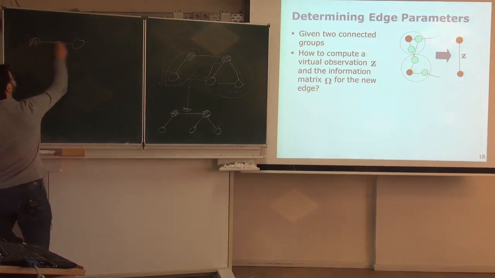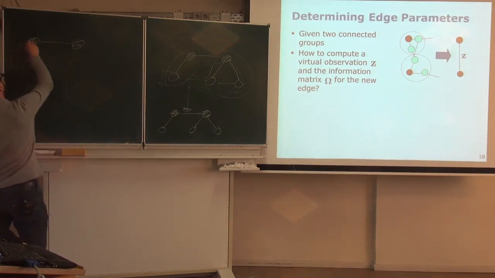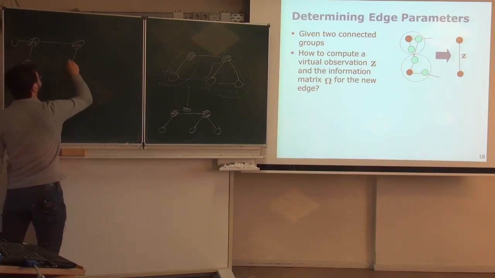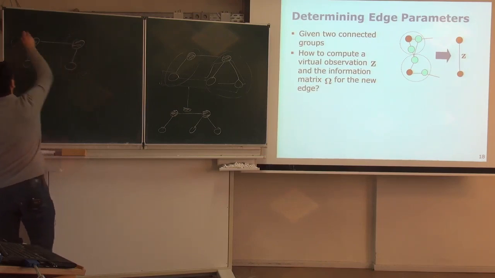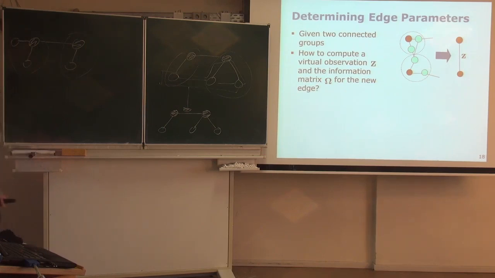This is my representative, this is my representative, and this is my graph. How would you get it? You probably just take the information on this edge. You just take what's in here and you say that's the same. Now, if you imagine we have something in between,